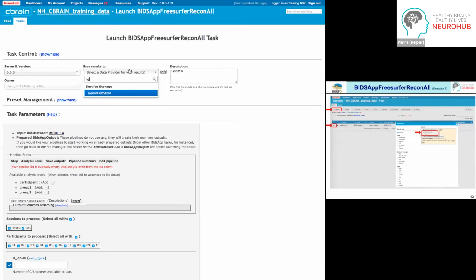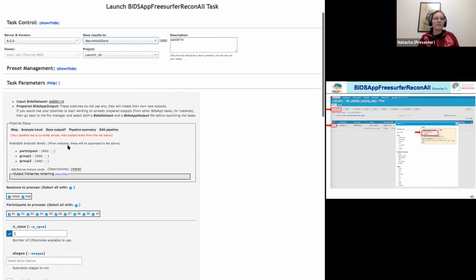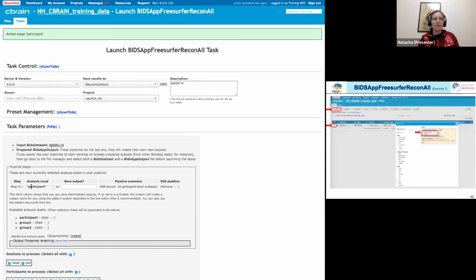So once again, you need to select the data provider where you want to store your results, then launch and select the project for the output. I will ask you to select the participant level, because it will create one task per selected participant. You need to add, remove, and analyze at this level right here. What it will do, it will create,